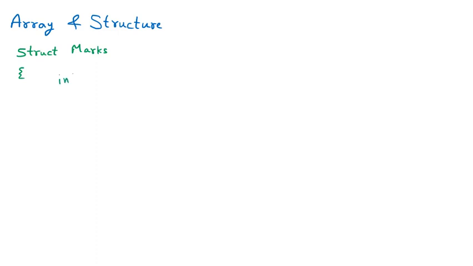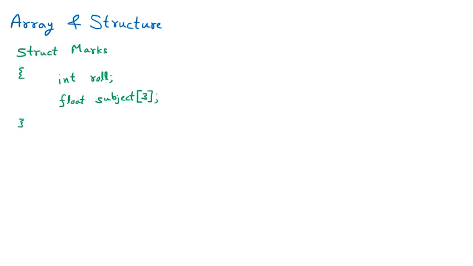So integer we are using, let us suppose roll number, and we are taking one more, that is float. Now float subject I am taking, that means only one subject we are talking about. But if I say subject 3, now this is the array inside the structure, meaning we are taking the 3 subject marks of a student. So there we are ending.